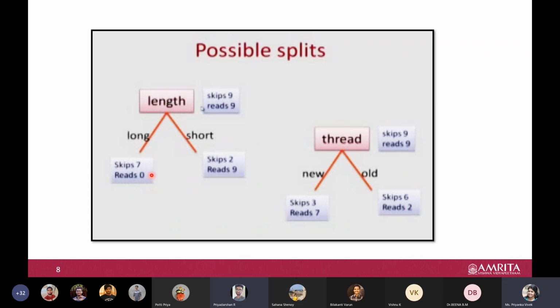In the last example it was buys computer equal to yes or no. This class is skip or read. So you're saying the class is skip, you can say here itself. So you are feeling length is the better attribute when we compare this. What he says is actually more sensible with respect to our decision tree, because our aim is to reach our leaf nodes fast.